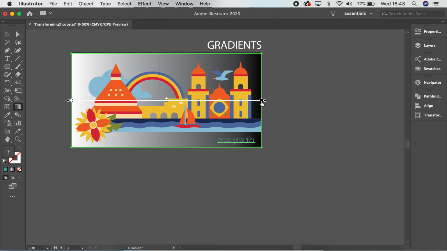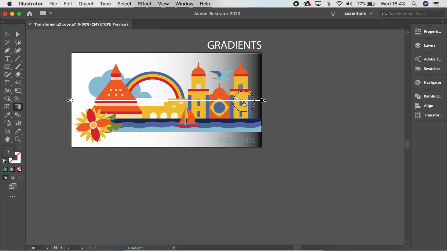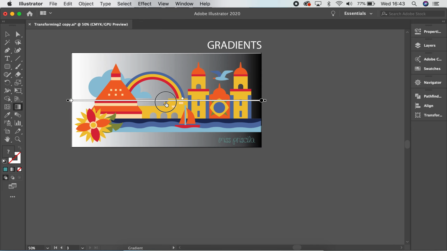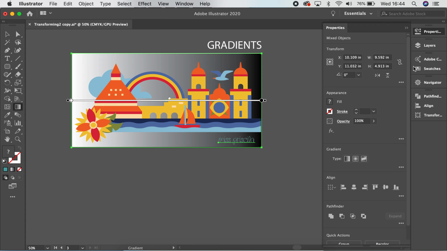In this part, we have the color stops. These are the color stops, and this also helps me to not change the position of my color stop, but to make the transition between colors a little bit smoother. So after that, if we go to properties panel, we can find the three types of gradient